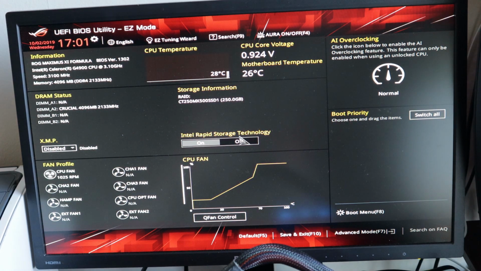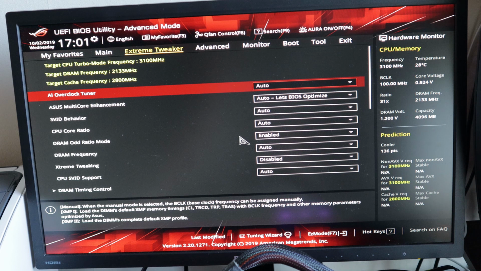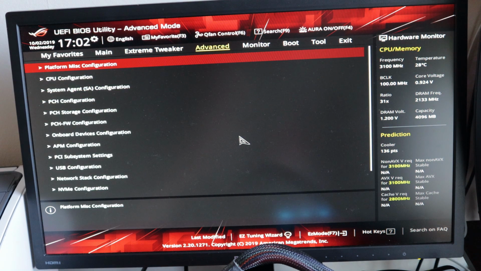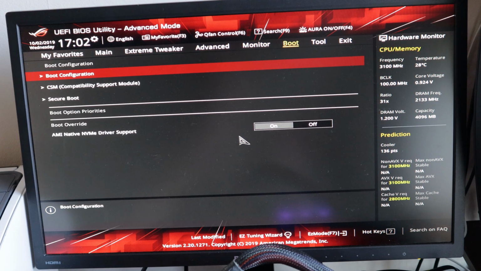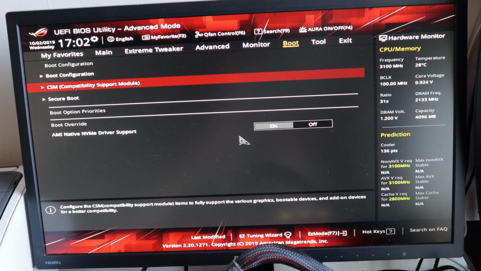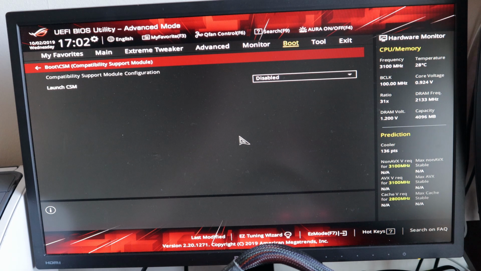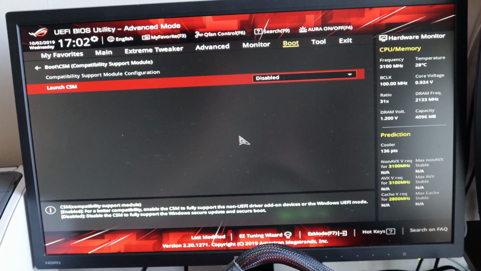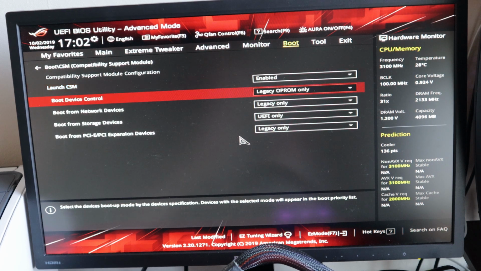So all you have to do is go to advanced settings, advanced mode, go to the boot section and go to the CSM section, which is compatibility support mode, press enter, and launch CSM should be enabled, and boot device control should stay as legacy OP-ROM only,